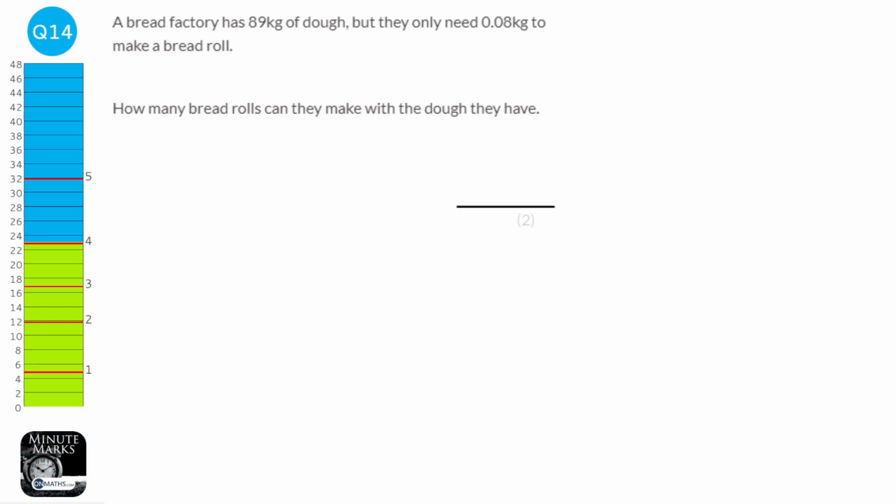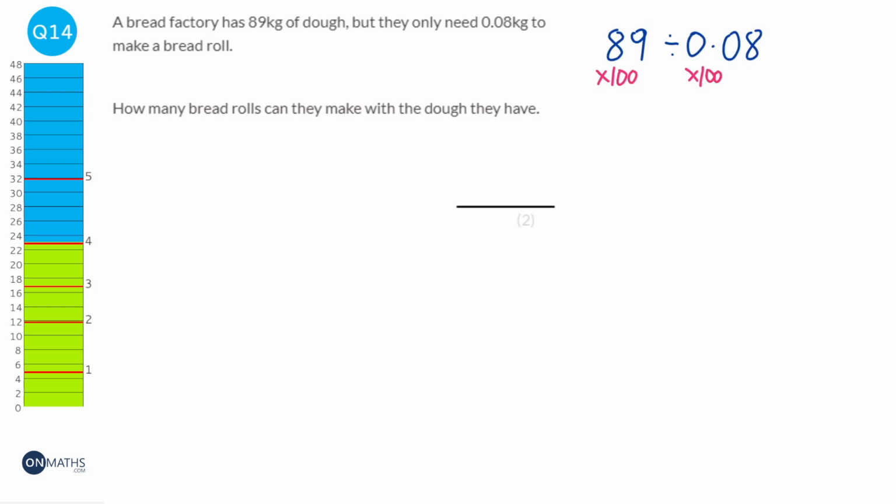So here we're asked to find how many bread rolls we can make. We've got 89 kilograms and it takes 0.08 kilograms to make a bread roll. Something we can do is convert these into grams, or we can just keep it at kilograms, but I've got a neat little trick. The trick is, if you've got a decimal when you're dividing, as long as you do the same thing left and right, you can multiply them by 10 or 100. In this case, we're going to multiply both by 100,